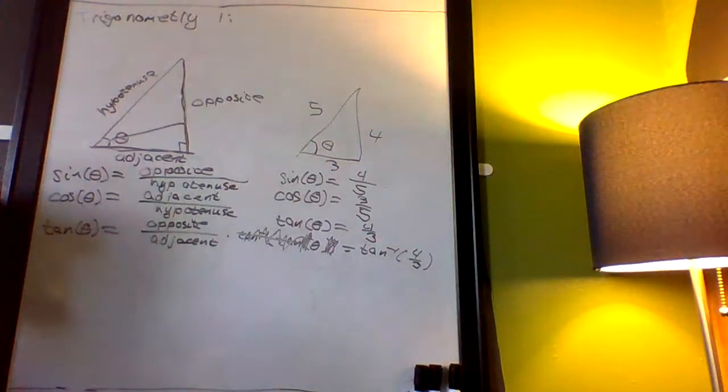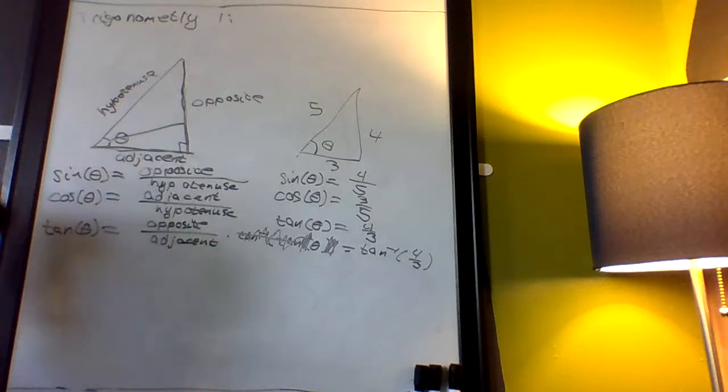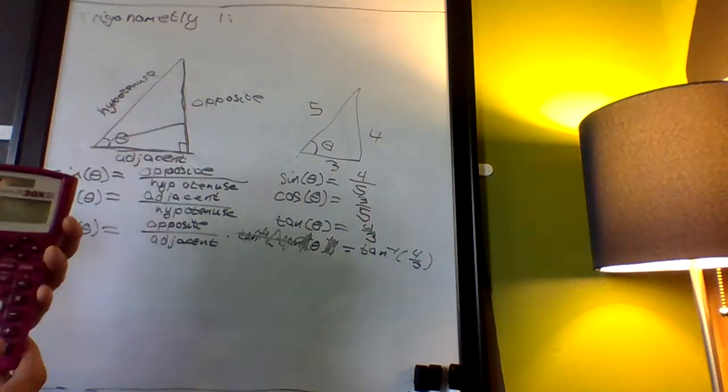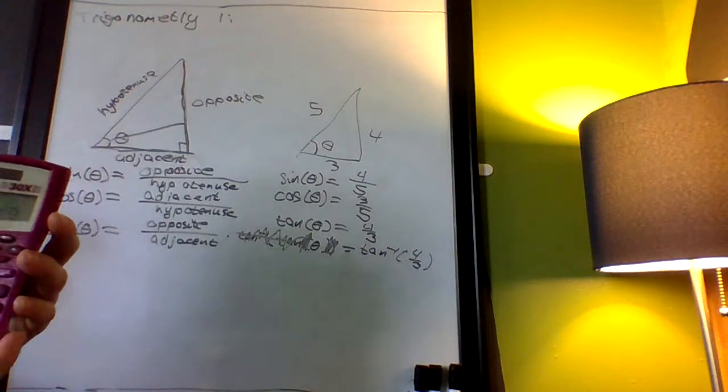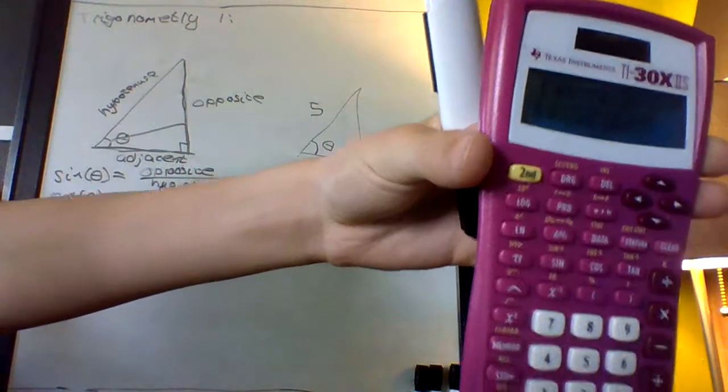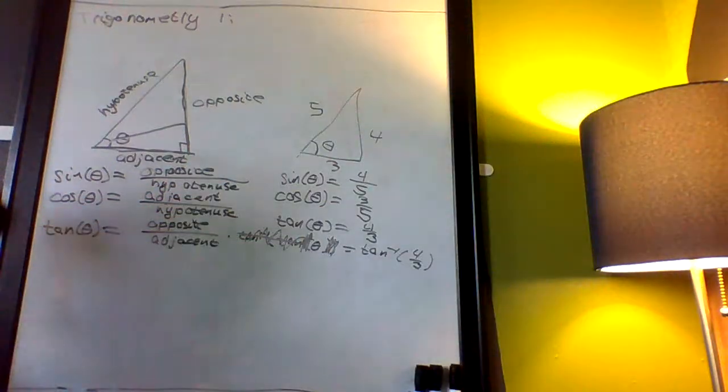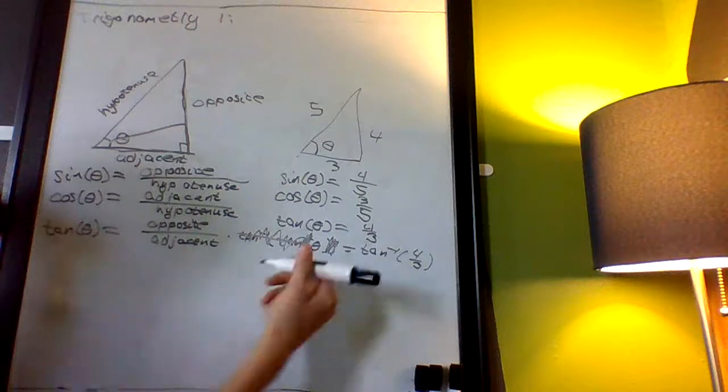0.927. You're like, that can't be right. Well, it's because I have it on the wrong setting. I have to change this to degrees, so make sure that yours for right now is on degrees. Next episode, it won't be on degrees, but right now, make sure it's on degrees. So change this to degrees, and now do the same thing. It's going to be right around 53.13 degrees, meaning theta,